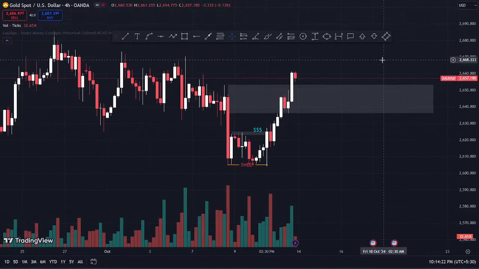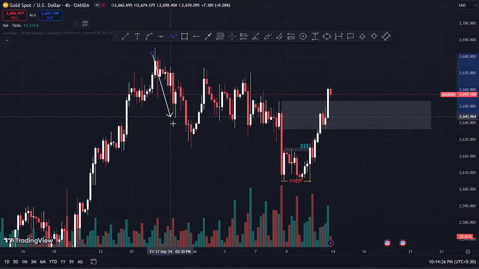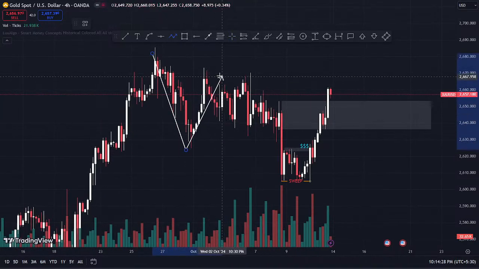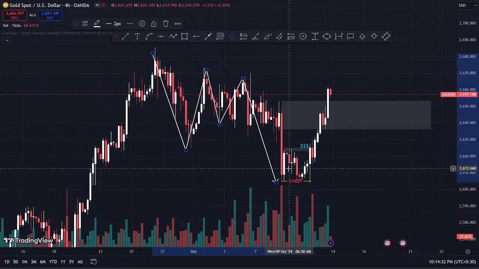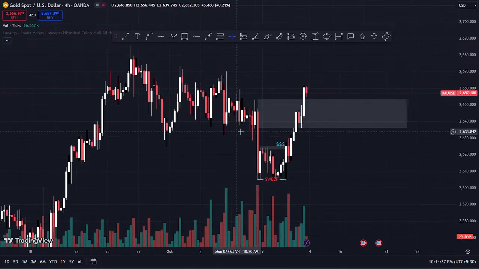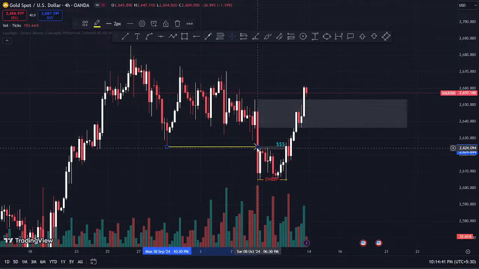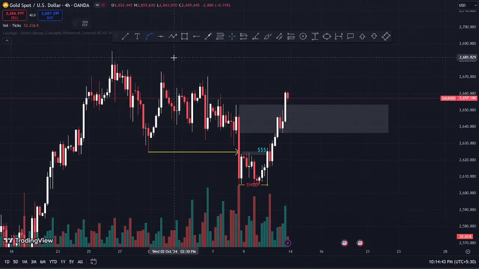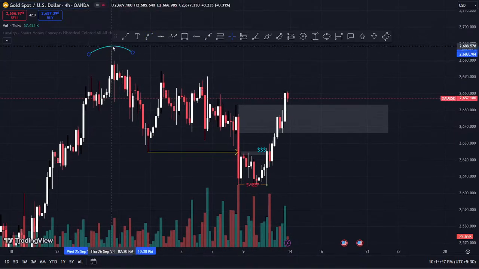Okay, so this is an internal change of character. This is a pullback, and this was a change of character. Let me mark this. So if this was the change of character, what was a strong high? First of all, this is a very strong high, and what led to this break of structure is